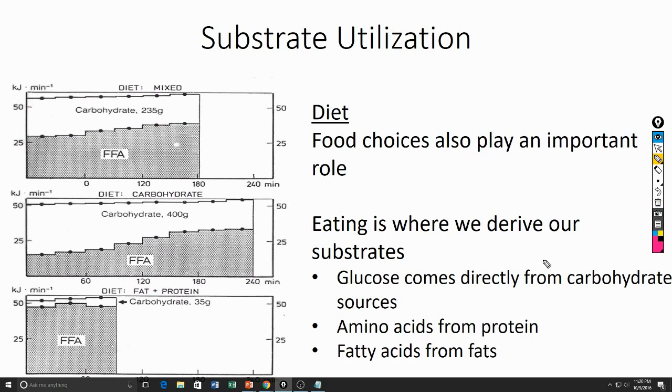Okay? So that's a pretty big difference. One, in what you're burning. Okay? If you eat more fat, you burn more fat. If you eat more carbohydrates, you burn more carbohydrates. Okay? So in what they're burning, but also the ability to work harder. Okay? This middle one here is some of the basis behind why people will say to carb load prior to